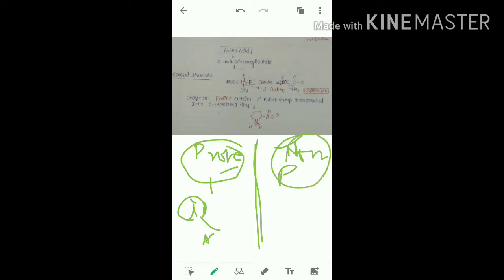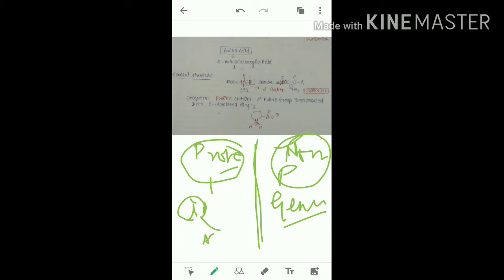Non-proteinogenic amino acids are those which are not included in the genetic coding,